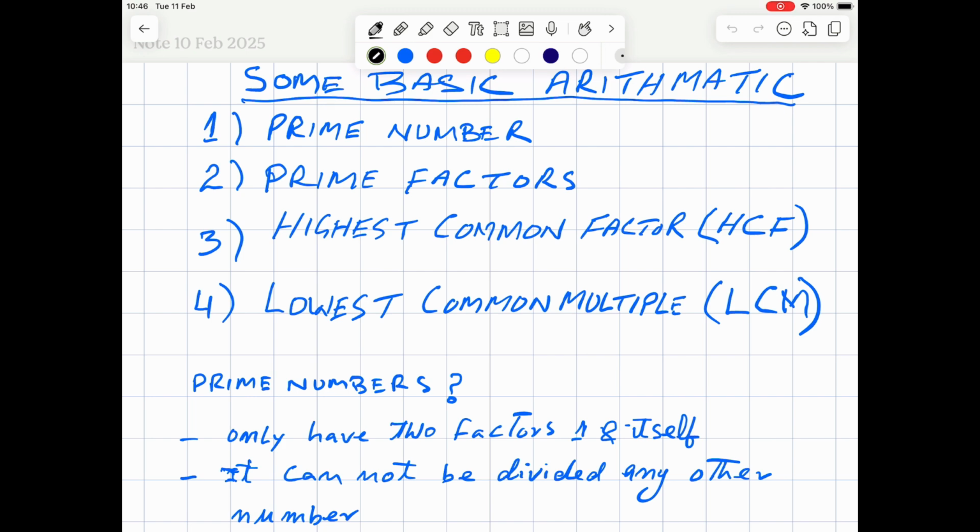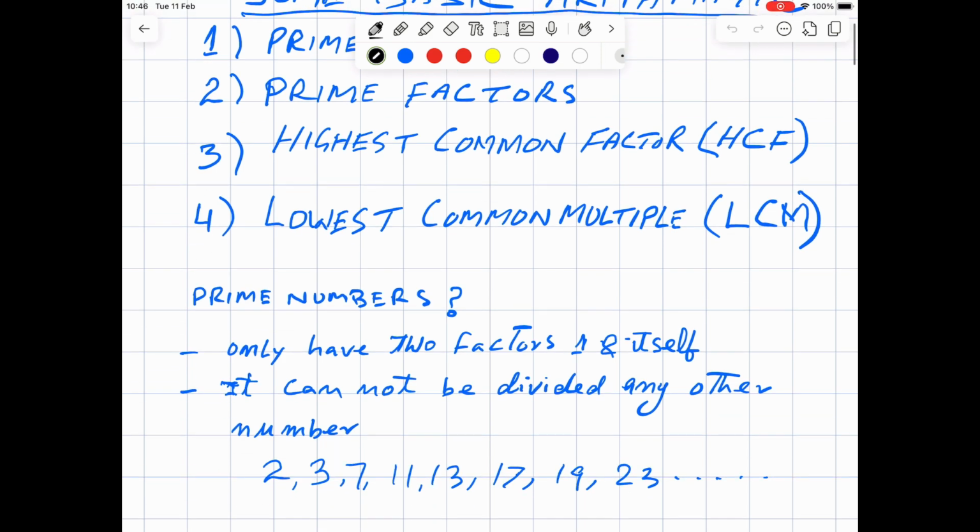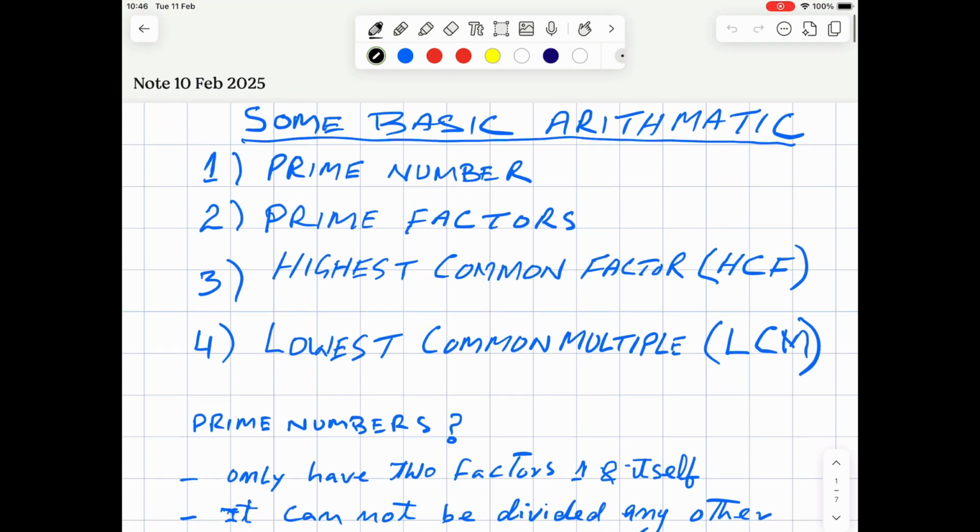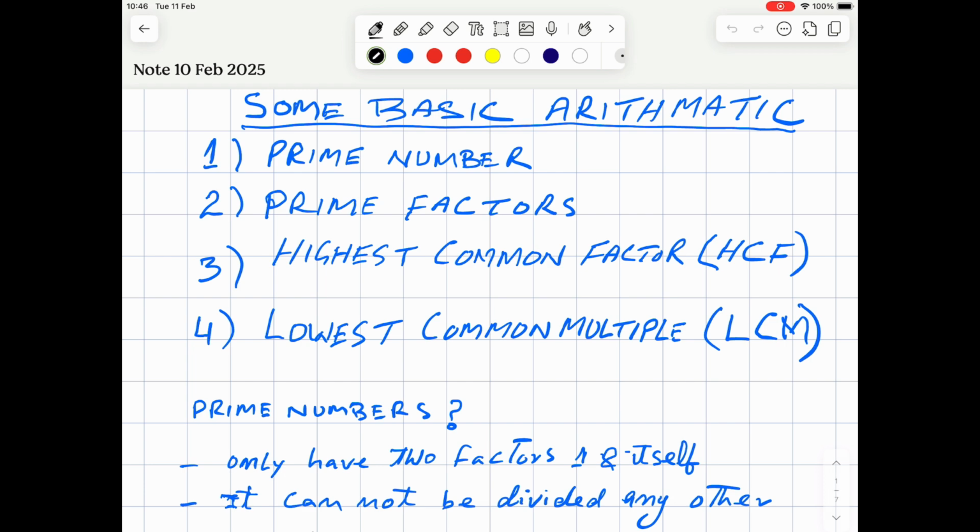Here are some uses of it. It's used in cryptography and cybersecurity, computer science and coding, banking and financial security, where credit card transactions and online payments are secured, error detection and correction,